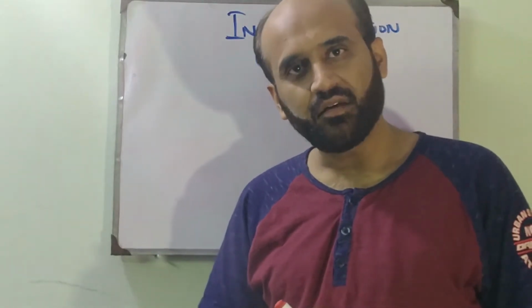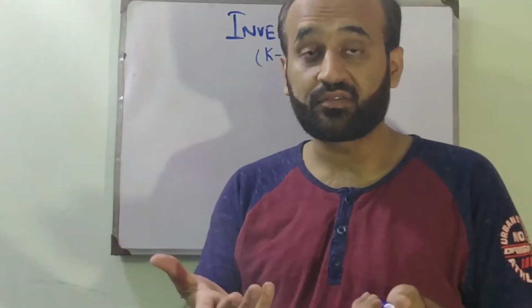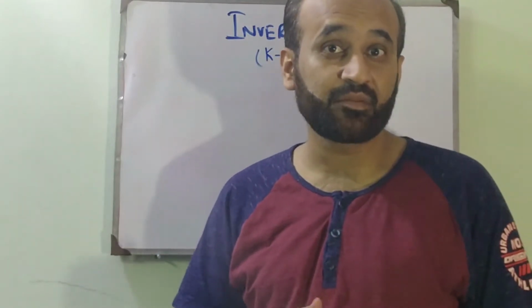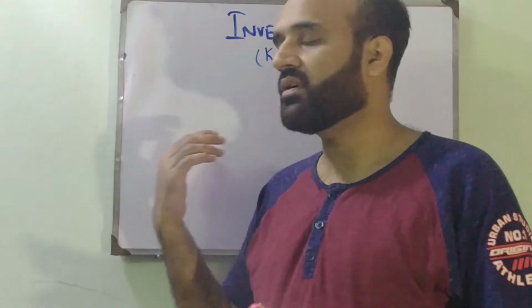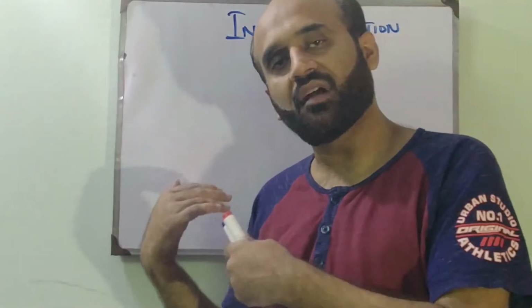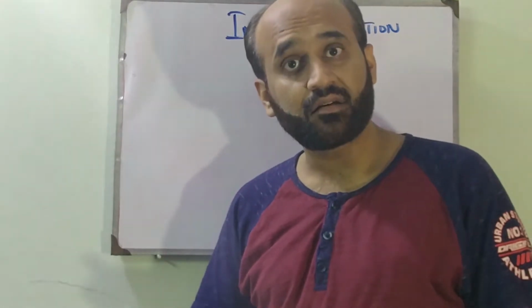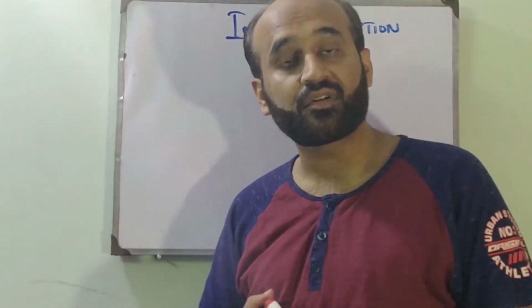We already have started the topic of the variation of O levels, and that was the first topic that we started, and that was the pet question in paper 1 also. Fine. So this is the sequential part, the last part of the topic of the variation, in which we will be discussing applying the K method in the inverse proportions.